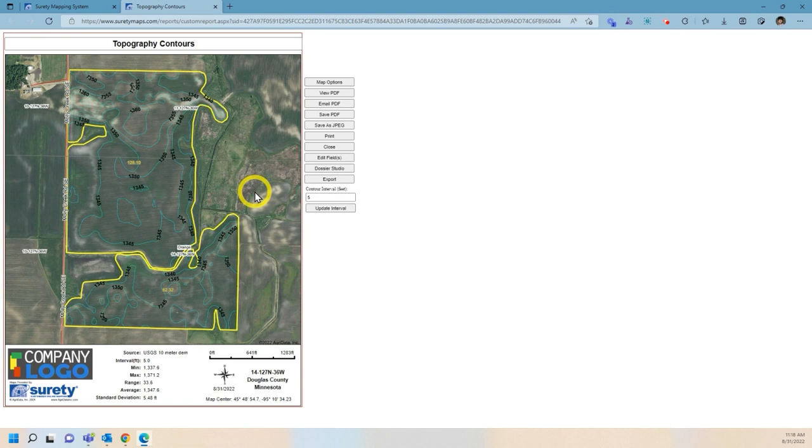The topography contour map also contains some more information, such as your source of topography information, our intervals, the minimum maximum elevations, the range of elevation, average elevation, and our standard deviation. Similar to the other maps in the system, you can click in the top title and add your own text